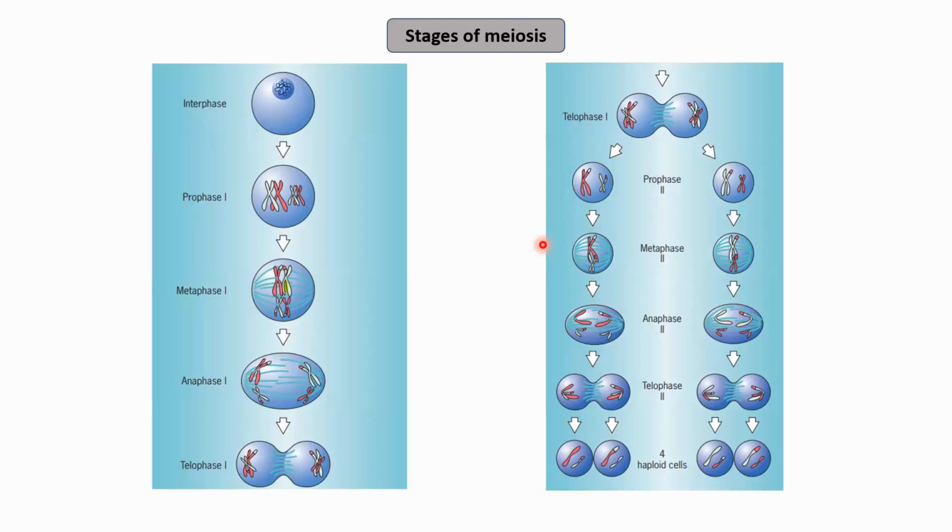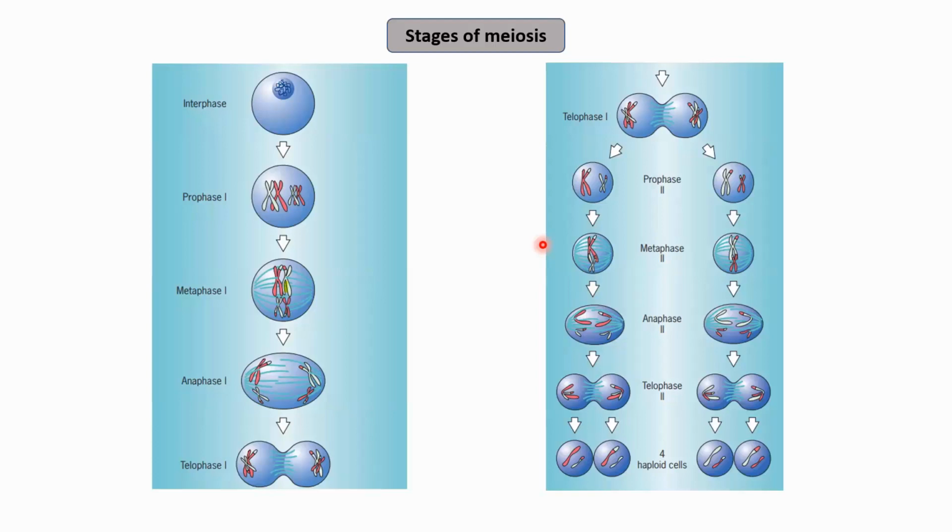It gets deformed. And at metaphase 2 stage, the pair of sister chromatids gets arranged at the metaphase plate, and similar to the anaphase 1 stage where the homologous chromosomes were getting separated, now in the anaphase 2 stage, these sister chromatids will get separated from each other. And after this separation of the sister chromatids, the anaphase 2 stage is followed by telophase